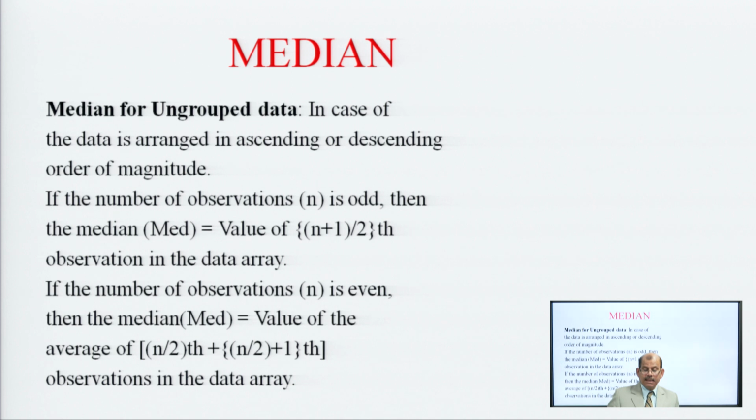Median is the value which divides a whole series into two equal parts. For individual series, we arrange the given data in ascending order or descending order. The midpoint or mid value is said to be the median for odd numbers. In even numbers, we have to choose the average of two middle terms.